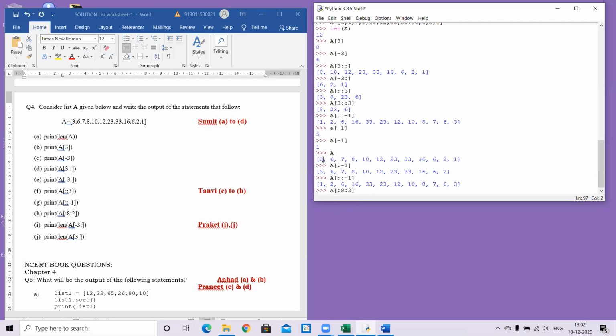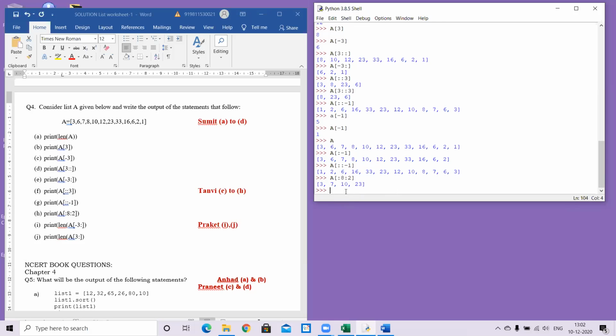So it'll start from 3 and go till the 7th position, so 0, 1, 2, 3, 4, 5, 6, 7, with a jump of 2. So 3, 7, 10, 23, and not 16, because I don't go till the position mentioned as the second argument in the slice. Okay, so 3, 7, 10, 23.